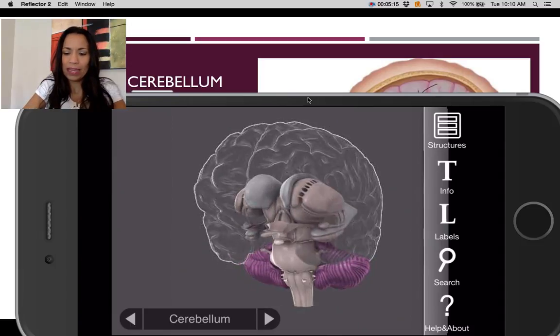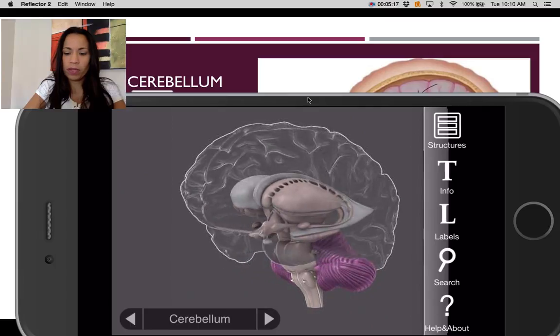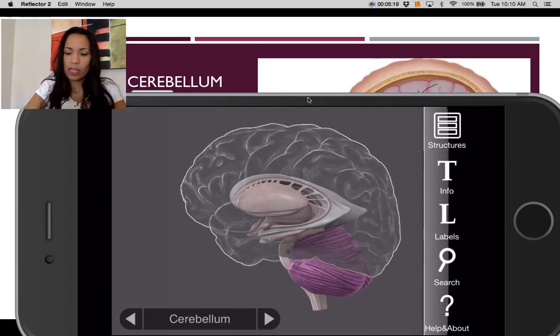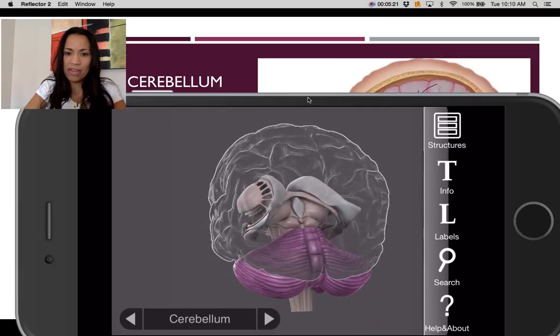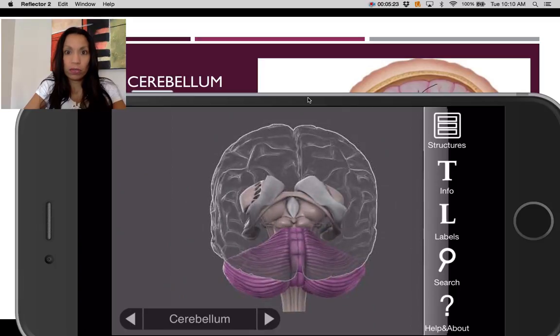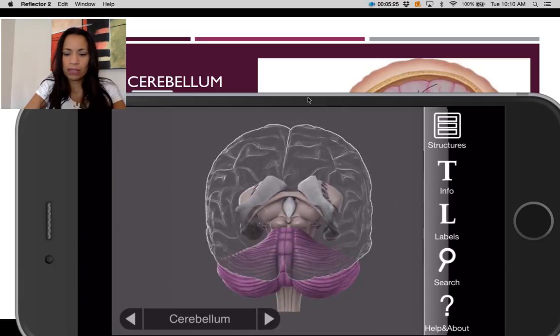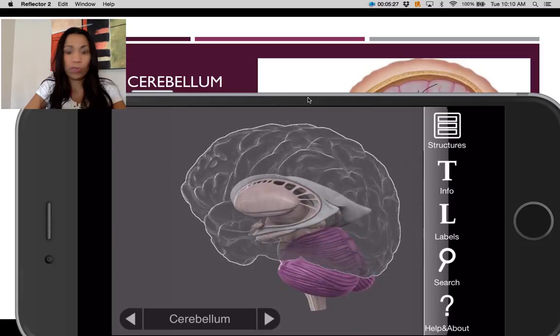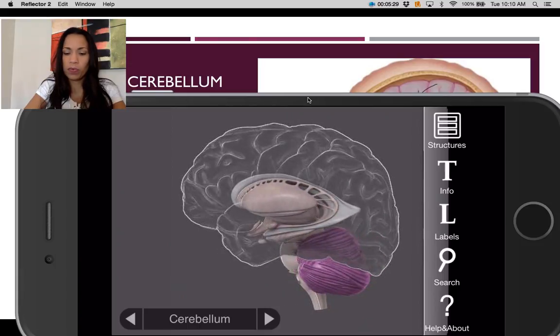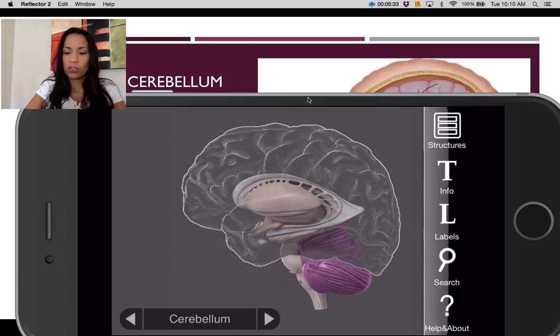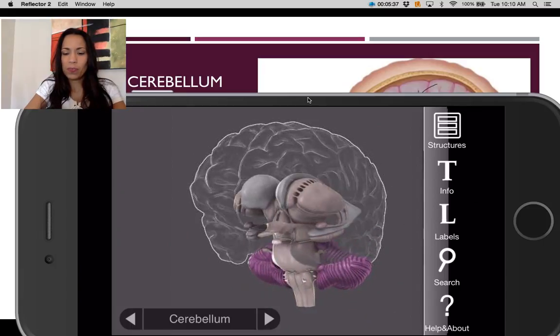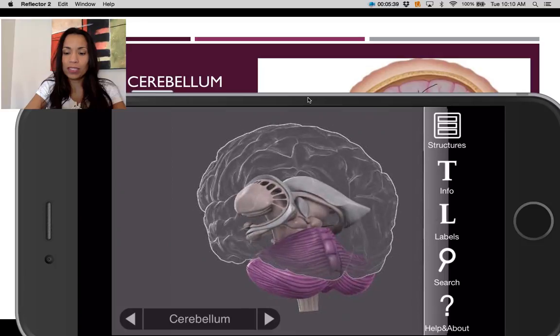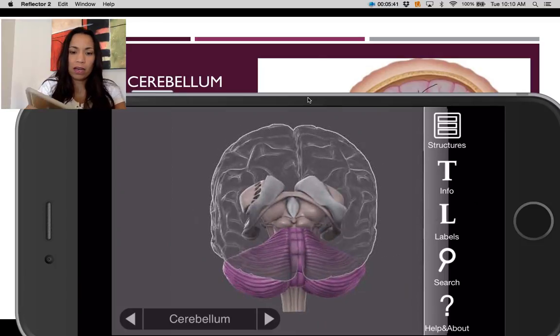So it's located, it is the organ in purple. Can you see that it's located right inferior to the occipital lobes, right? Here posteriorly, right inferior to the cerebrum and posterior to the brainstem, okay? So that's the cerebellum. And as you can see, it consists of two lobes or two